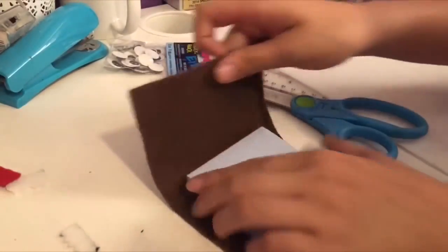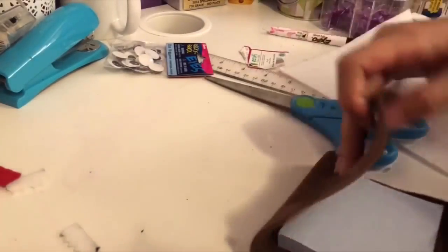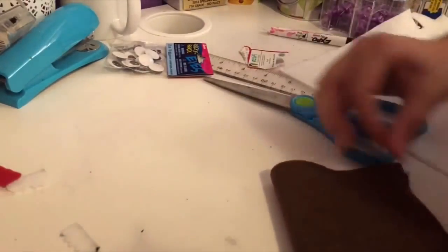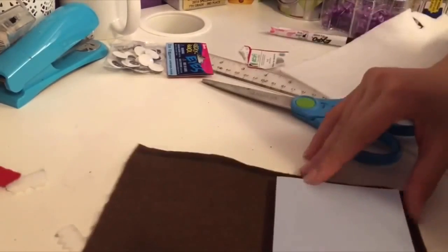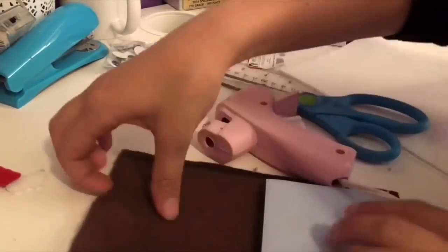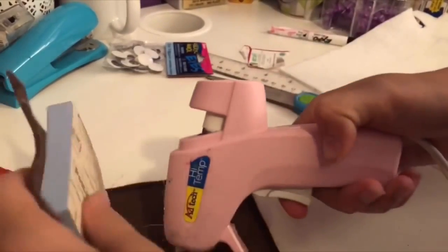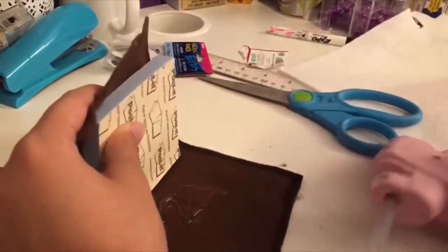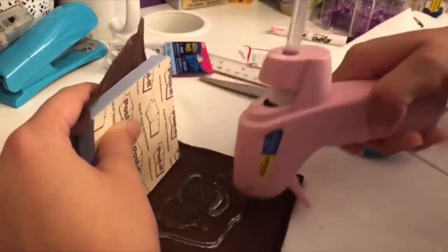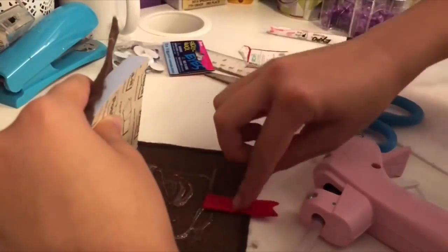So next you'll take the brown felt and the Post-it note and kind of sandwich the Post-it note inside so that it's even on all sides. And so you're just gonna take that, kind of fold it on top, like hamburger style or whatever you call it, and then you add hot glue to the base or the bottom. Don't glue the top because that would make it completely useless. So you're just gonna glue the Post-it note to the bottom. Make sure you don't mess up